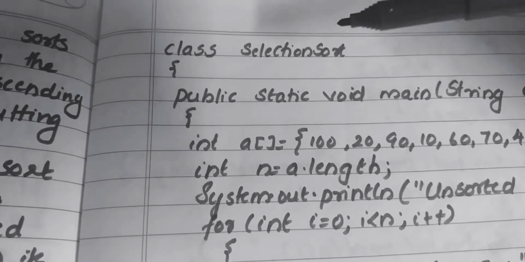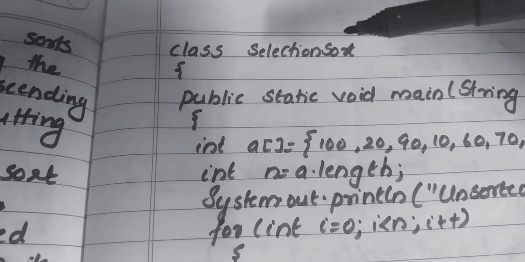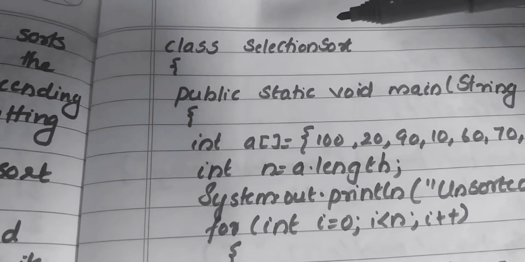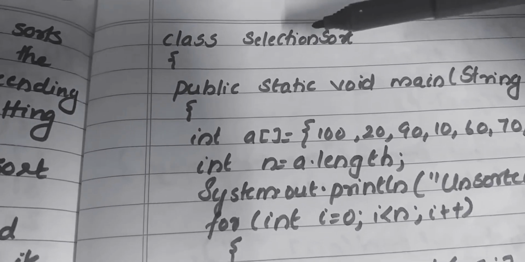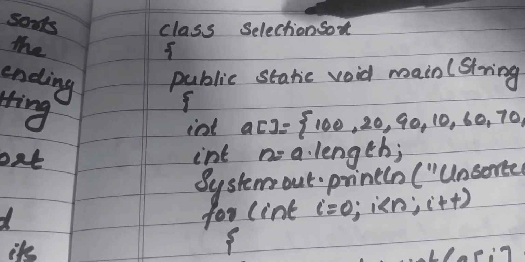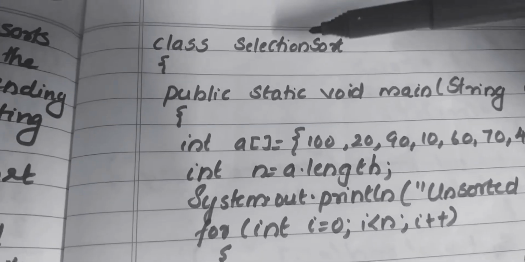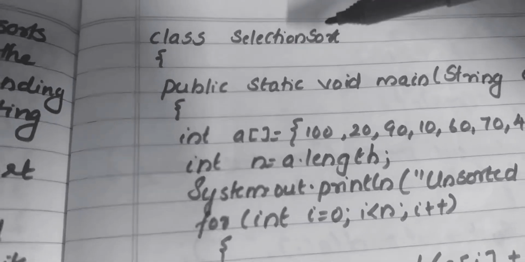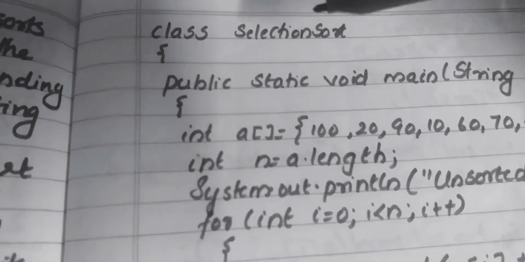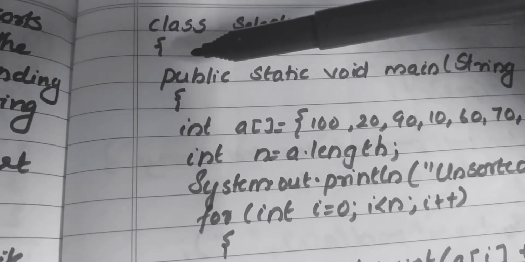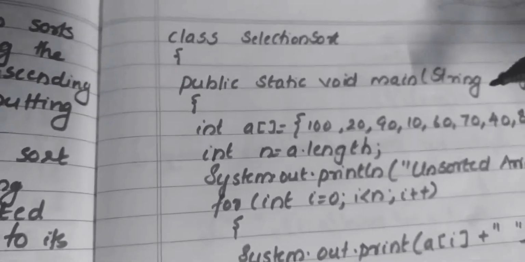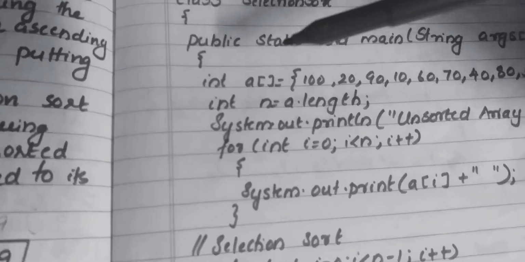One thing you have to keep in mind is that when we are declaring a class name, don't give any space between the words. That is SelectionSort, so there is no space between the words. You people know the rules for giving the class name, isn't it? After the class we have to open the class, then the main method, then open the main method and declare